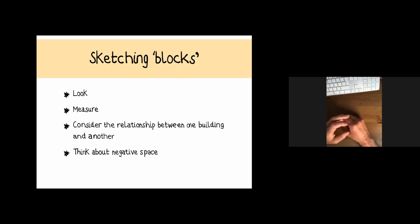And the next thing is measuring. And when I talk about measuring, quite often the archetypal artist, you can imagine, you see an artist, they get a pen and they stretch their pen out and they kind of measure the particular thing that they're drawing based on the measurements of their pen. Now, if we were doing this live, I'd show you how to do that. But I just want to say that rather than measuring today, I just want you to consider the relationship between one building and another. And that, I'll come to that in the next slide,